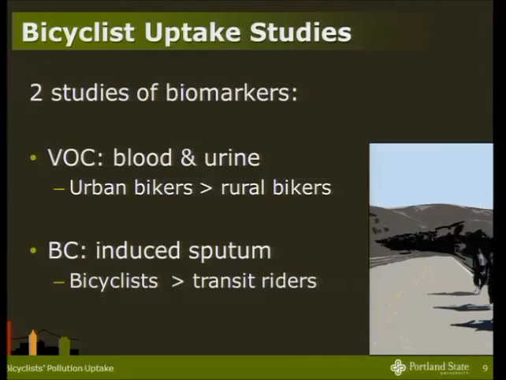And then another study just a few years ago in London was looking at black carbon deposited on the upper respiratory tract of bicyclists and transit riders, and found more black carbon had been deposited in the upper respiratory tract of bicyclists versus people in transit. So we're starting to quantify this, but there are very few studies, and again, not a whole lot of information for transportation professionals to take this information and then try to quantify the differences in some sort of change we want to make in the transportation system.